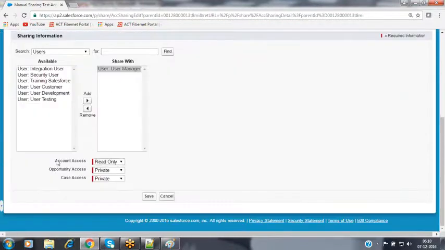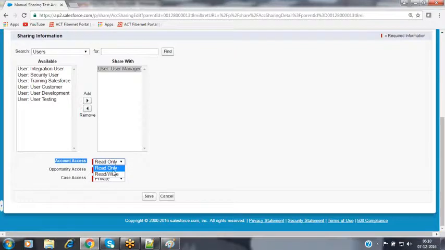What access do you want to grant on this one? I want to grant read-only access. If you want to grant any other access such as read-write, we can specify that. Now what do we mean by read-only here? Whenever you grant the read-only access, that manager user can just see the record. When he tries to perform an edit operation, whenever he tries to modify the record details, or whenever he tries to delete the record, he will get the message insufficient privileges.